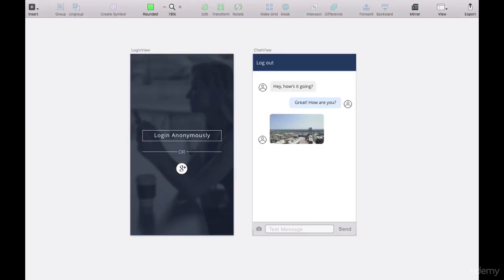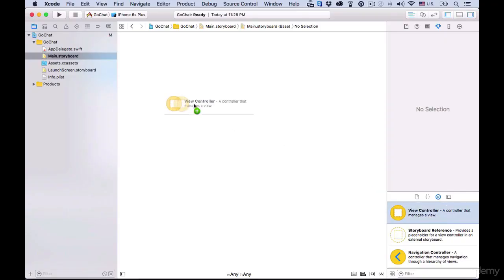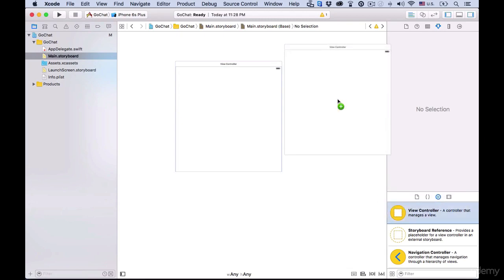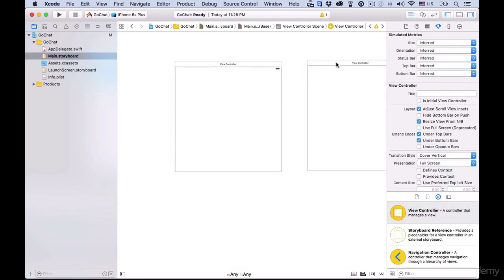First, let's look at the design to see what we're building. Our chat app has only two views, a login view and a chat view. We'll lay out the UI by creating a UI view controller for each view in the storyboard, and create some placeholder source code for them. All right, drag a view controller from the object library to the storyboard for login, and another one for the